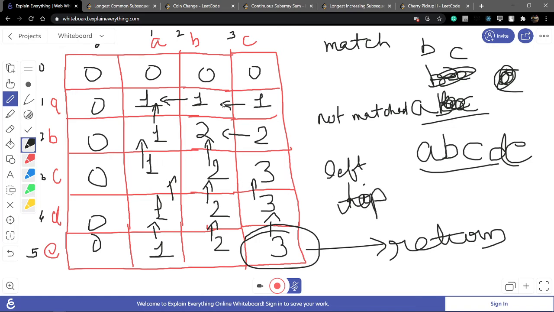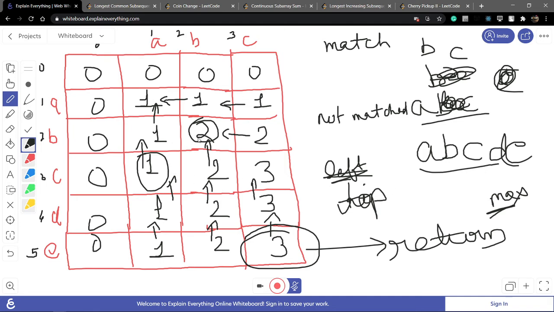Okay, let's suppose they have not matched, so they come from the left, and when they have not matched, they come from the top. So there are two ways. In any other case where they do not match, they come from the top, all of these from the top, but they also come from the left. So what is the way? And I have to find only the maximum. So now, let's suppose we take another example. Now, this is a 1, and this is a 2. When they do not match, they come from the left and from the top, but I take only the top.